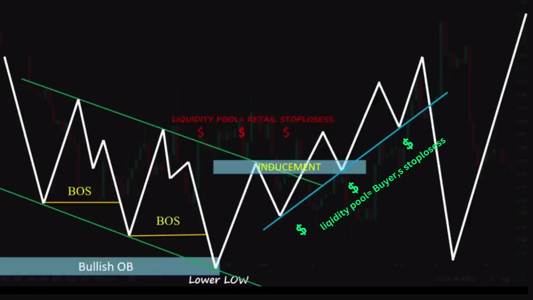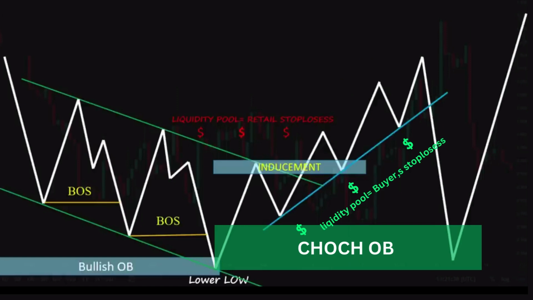So guys, as you know, we consider inducements as traps and as not valid trading setups. So when I see price is going to respect the inducement level and shows respect to it, I just avoid getting into the market at these levels and also avoid placing buy or sell positions in these areas. But guys, when I see price break the inducement level and go rapidly to the opposite side,